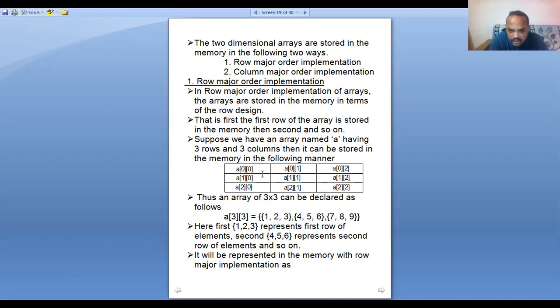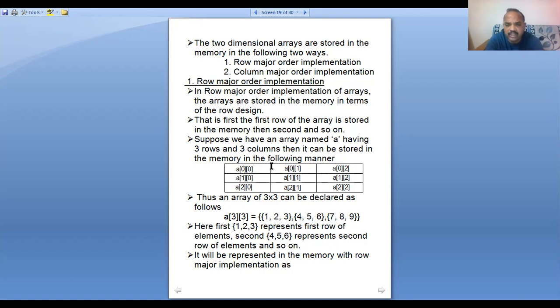So A[0][0] shows the 0 row and 0 column of the array matrix. Then the first row and 0 column, the second row and 0 column. Understand? Then A[0][1] is the 0 row and first column, then the first row and first column, then the second row and first column, and so on through the second column. This is the array representation.